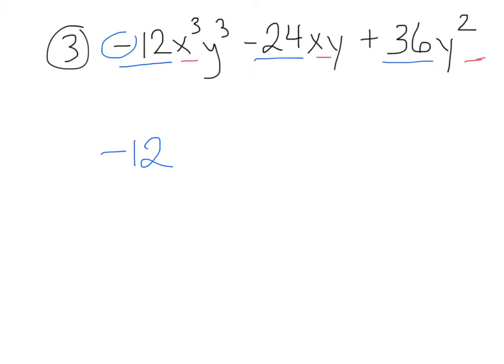So now I'm going to look at my y's. So I have a y in this one, I have a y right here, and I have a y over here. So now I'm going to look at their exponents. Remember, that's a 1 up there. I have a 3 for the first one, y to the third here, y to the first here, and y to the second here. Remember, when we factor out, we're going to take the one with the smallest exponent. So the smallest one is just to the first, so I'm going to take out a y to the first. So I'm going to divide each one of these by negative 12, y to the first,